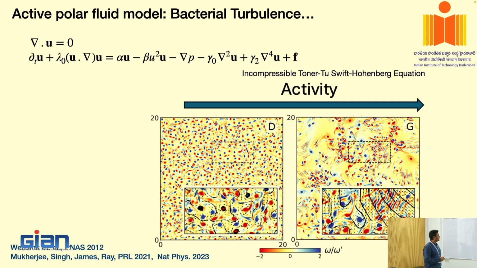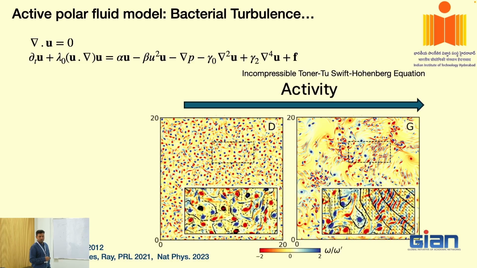Okay, so if you solve these equations, this is the kind of structure you are going to get. Of course, at the low activity regime you can see many nice small mesoscale structures, and again, these structures are much bigger than the organism that we have in hand. But then something interesting happens when you increase activity. You can see that some large scale structures also start to appear in the picture. So this is one observation when you increase the activity. Of course, this work is done by Siddhartha at Kanpur.